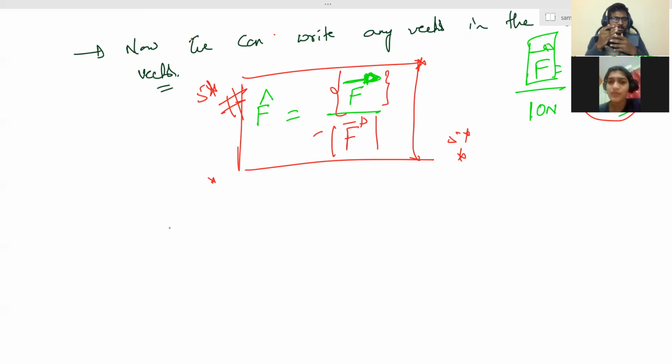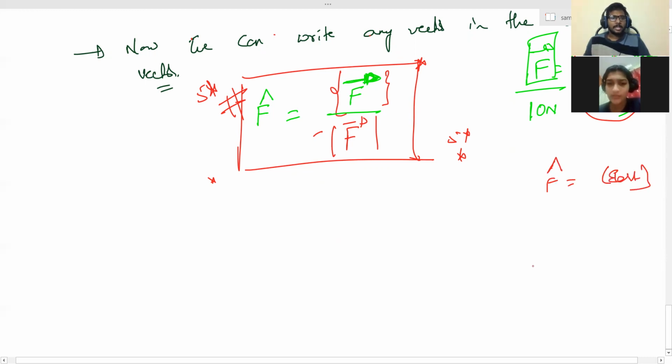Don't think about statements, just think about the field. Suppose here in this given example is F cap, I have east. If I want to say Tirtha is walking with 5 km/h velocity in east direction, I can write the velocity of Tirtha is what? It should be in vector form or not?